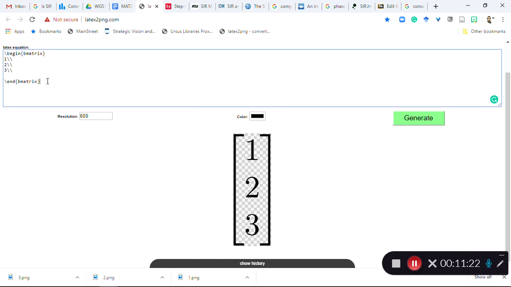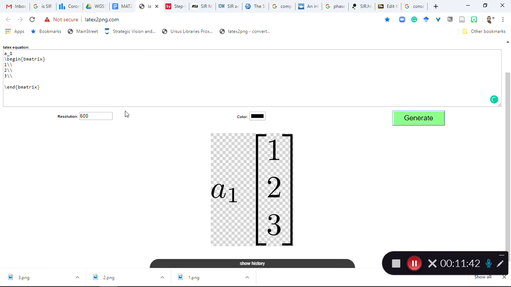Or better yet, if I want a matrix operating on a vector, let's do this. I know what to do. Let's suppose I want to make a linear combination. So I made a space above begin bmatrix. I'll do A underscore 1. And you can check every step. You can check to see what happens. Yep, that looks good. And then just use a little copy paste here,